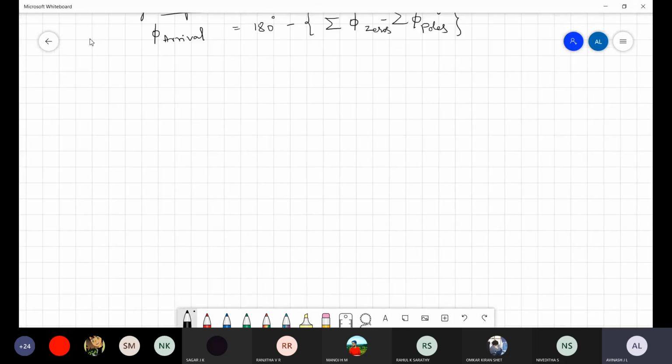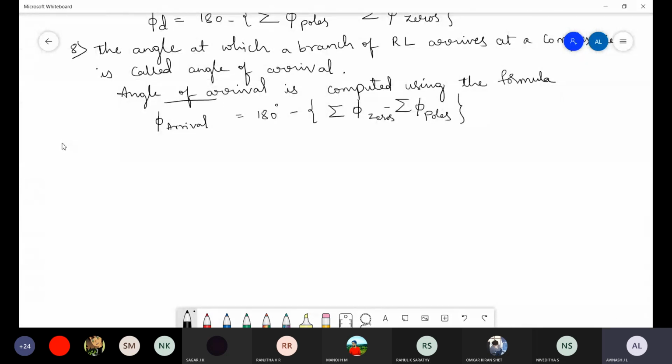Now if you just go for step number 9. Okay. So what is particular about step number 9? Here the point of intersection we need to write down. We need to calculate the point of intersection of the root locus on the j omega axis